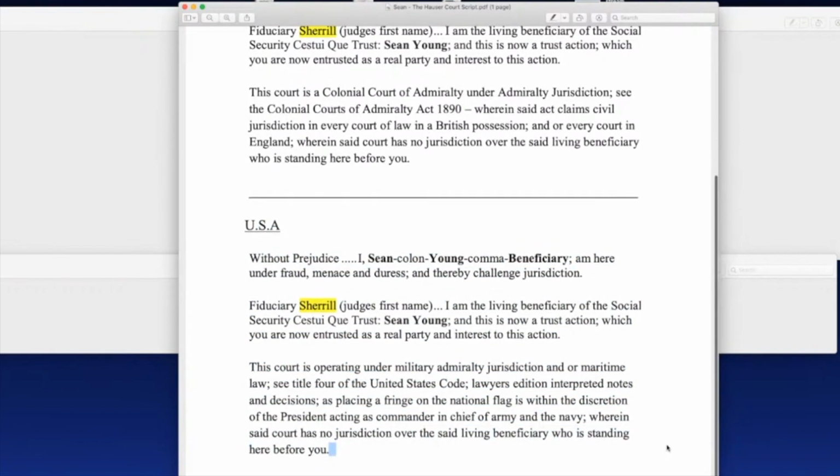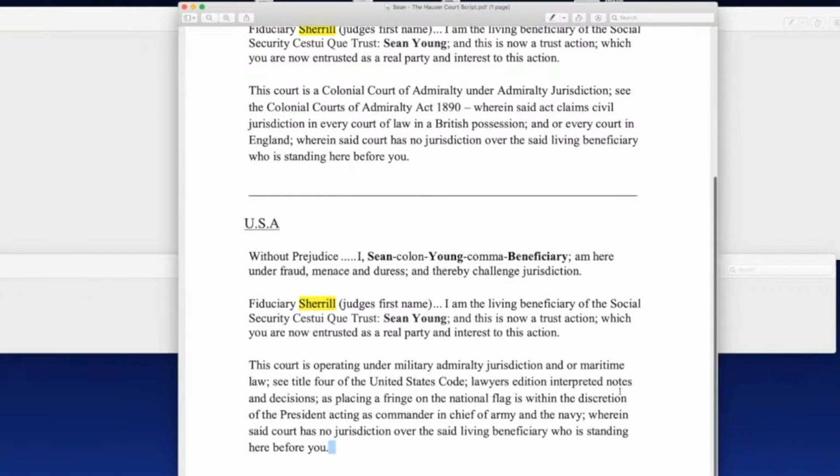you would present it in the manner: without prejudice, I shall call on Young, comma, beneficiary. I'm here under fraud, menace, and duress, and thereby challenge jurisdiction. Fiduciary Cheryl, and then the judge's name. I am the living beneficiary of the Social Security SESCV Trust, Sean Young, blah, blah, blah. And this is now a trust action, so it's the same. But the